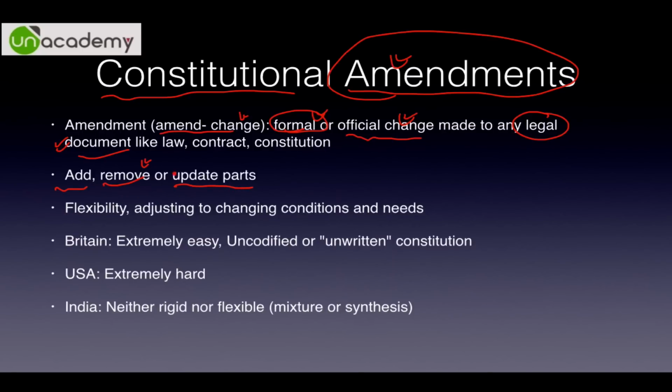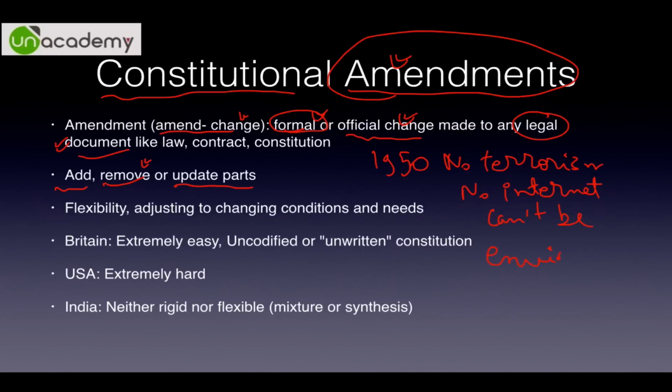Why is it needed at all? Let's say 1950, most of the time there was no terrorism, there was no internet, there was not much emphasis on education in that time, so it was not a fundamental right. Similarly, right to property was considered sacrosanct, but then it became difficult in land acquisition. There are so many provisions which cannot be envisaged, meaning seeing in future and seeing it happening, by our founding forefathers, obviously.